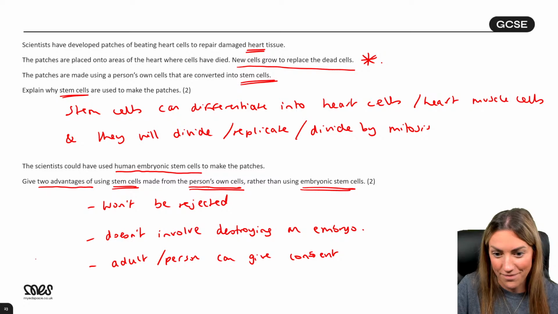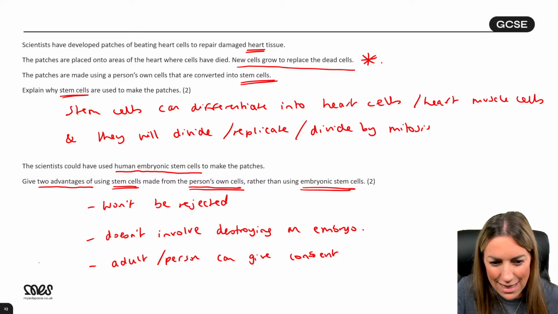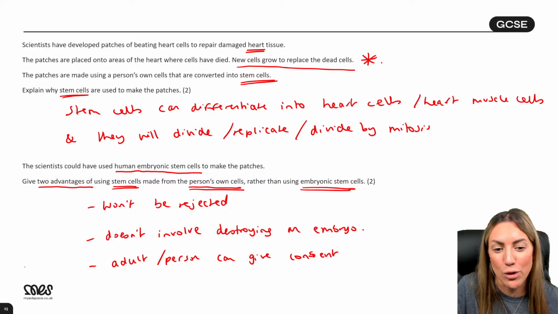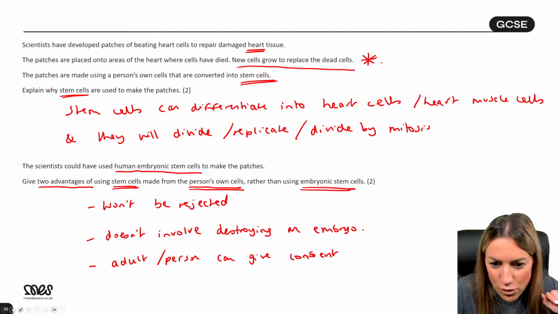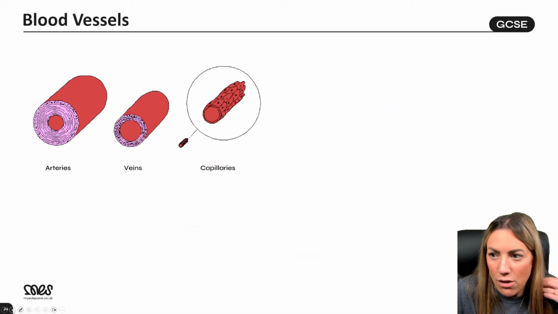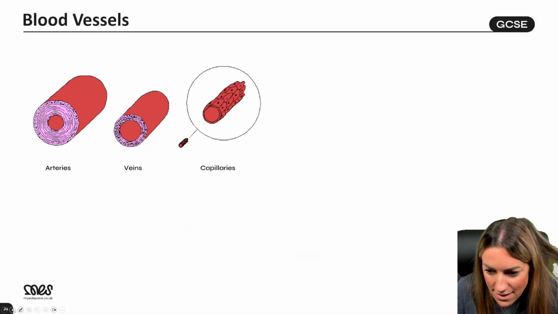Okay. Less risk of getting a virus. That was not on the mark scheme. I'm trying to think why you're saying that, but I can't think. They could make an embryo that's a clone of you, but the question doesn't say that. So we're assuming that this is someone else's embryo that will not have the same DNA, and therefore the stem cells could be rejected. Both of them need operations though, right? So that's not relevant.